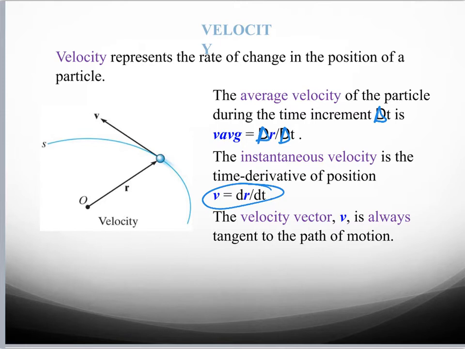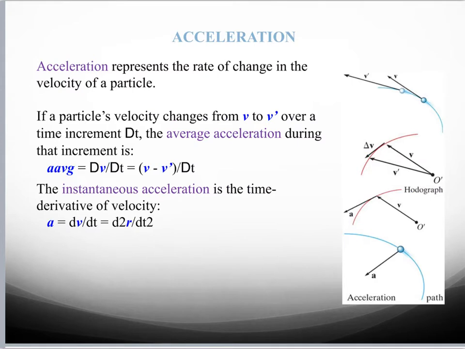One of the things you might remember from general physics is when you have an object moving along a curved path, or really along any path, the velocity vector is always tangent to the motion. And so if we have a curve like S that shows where the object is at different times, we know that the velocity vector can always be drawn as a tangent to that curve. That's going to be different for